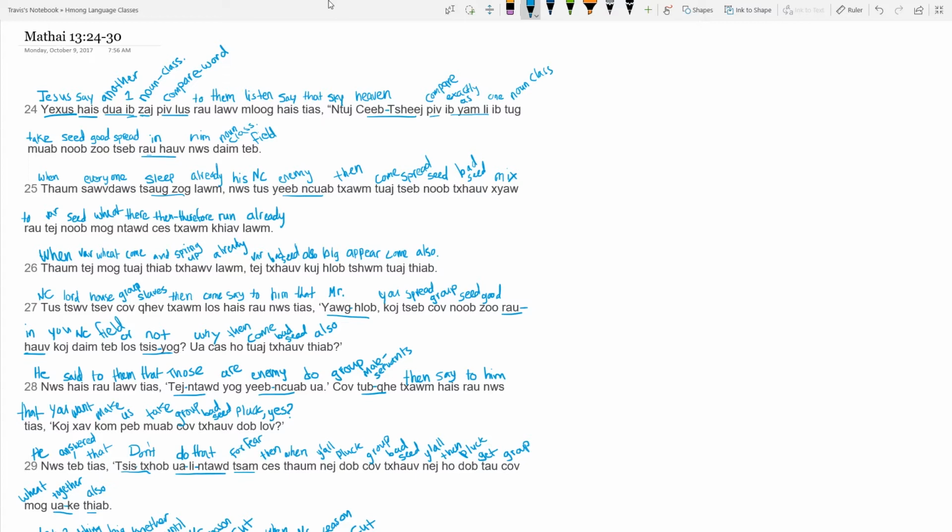Okay, so dao is two, la is them, as in three or more people. Mlong means to listen. I'm going to change the color here so you could see which words I'm actually underlining, because I already underlined a few so you could see that they go together. Okay, hai, said, that, not like you point at an object and say that, but it's more like I told him that,